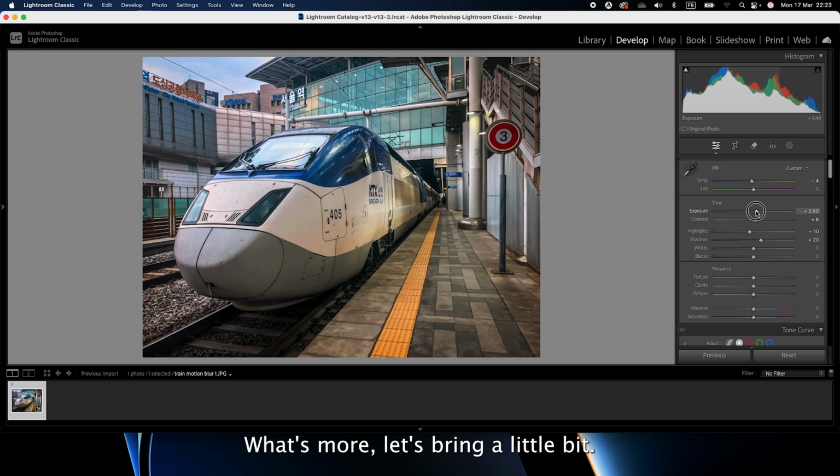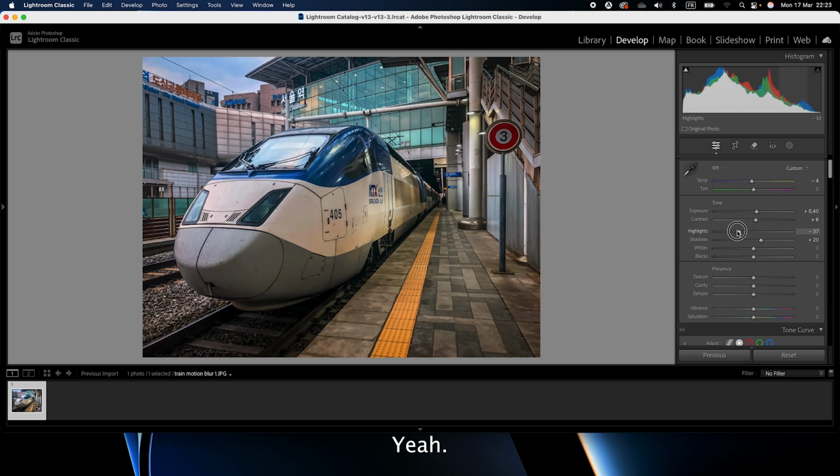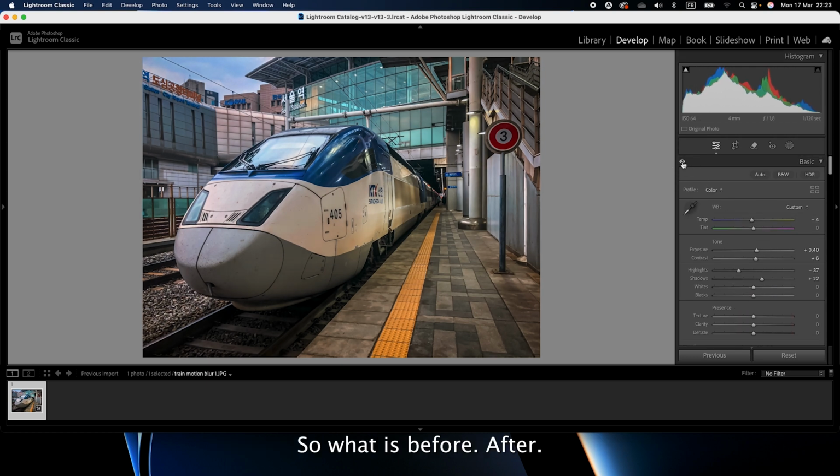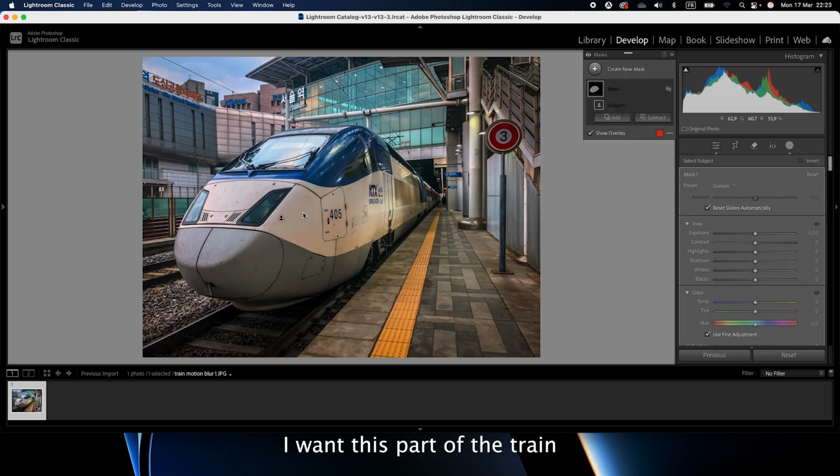What's more, let's bring a little bit. Yeah, I go down on the highlights. Now, the shadows a little bit like this. Okay, so what is the before and after? Yeah, you can see I want this part of the train to be a little bit white. I like the blue, I like the white, I like the gray, but here is a little bit too much